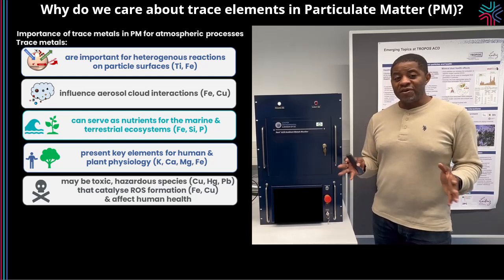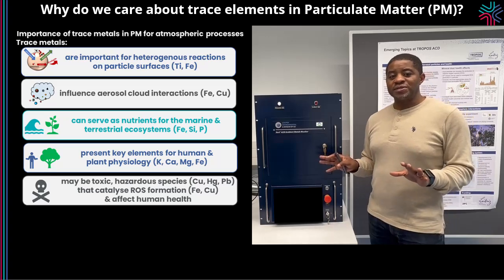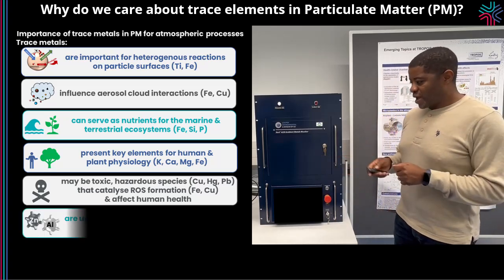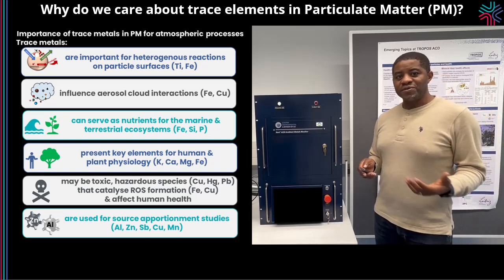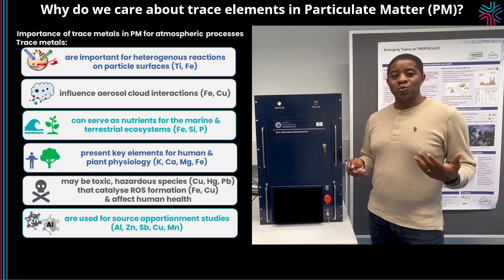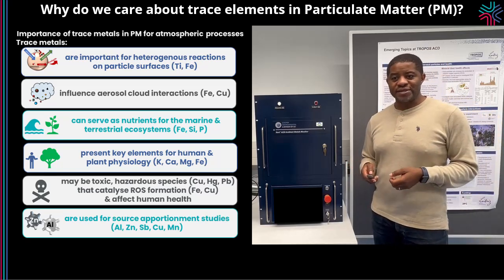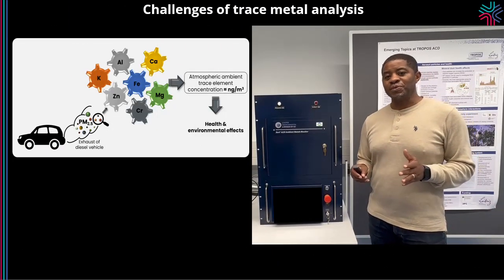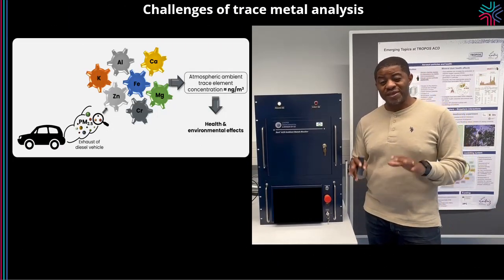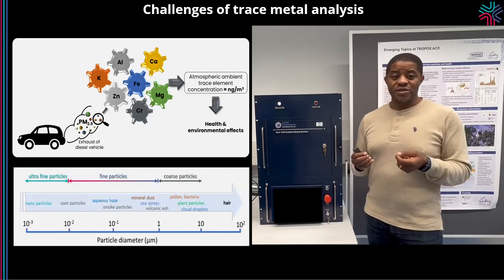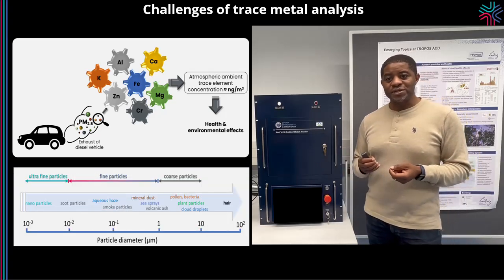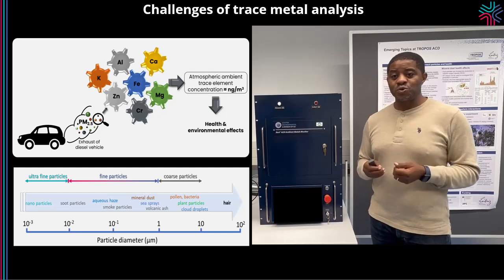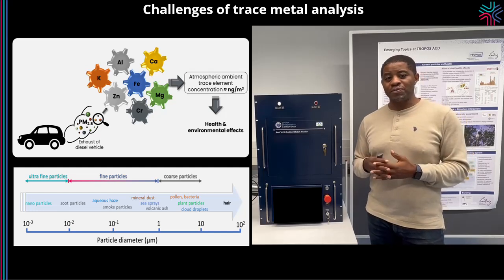But one other very important thing about these trace elements is that they can tell us where those metals come from. That is very important for field measurements, because we like to know where the sources are and which emitters release them. They are usually at nanogram per cubic meter concentrations in the atmosphere. That's quite small. Hair is just tens of micrometers, and these are 1,000 times smaller than your hair. So to quantify them is also a problem.